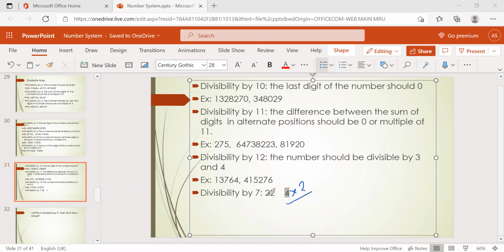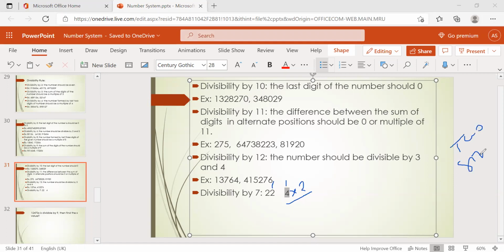That number is subtracted from the other part. So I divided it into two parts, right? The second part is nothing but the unit digit. You multiply the unit digit by 2, and that result is subtracted from the other number. Then this process continues until we get at least a 2-digit number or a single-digit number.